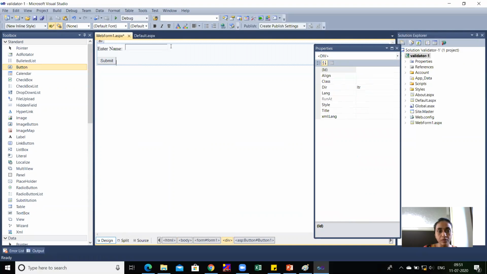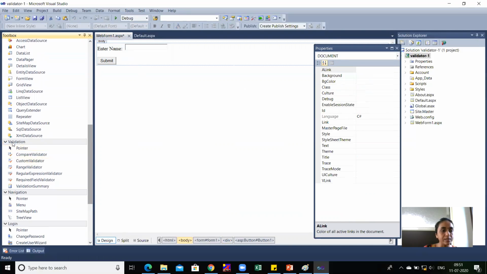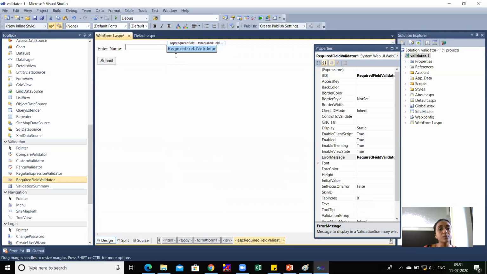Now I'll apply the required field validator on this text box. So from this toolbox, you will find validations. Here in validation, all validator controls are listed. First of all, you will get this required field validator and put it at the place where you want to display the error. It is a mandatory and very important step. If you are placing this validator here, the error message will display here, so it is not practically feasible or advisable. So where you need the message, you need to drag and drop the validator in that place only.